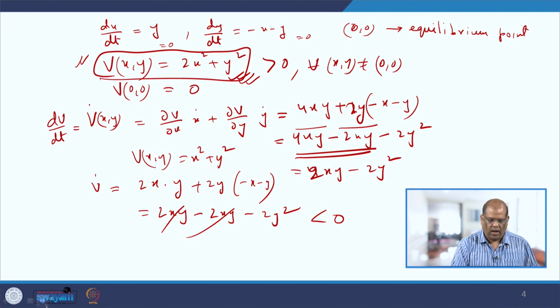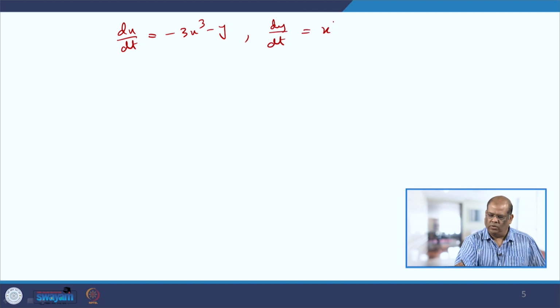Now, let us take an example where there are algebraic terms on the right hand side, like dx/dt equal to minus 3x cube minus y and dy/dt equal to x to the power 5 minus 2y cube. Now, this right hand side, as you can see, has higher degrees of polynomials. In that particular case, an attempt can be made like this, that you choose